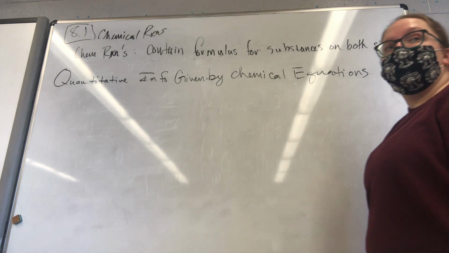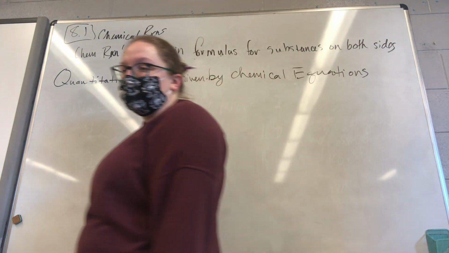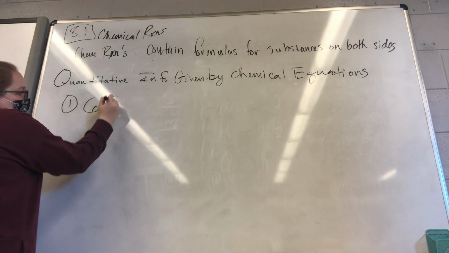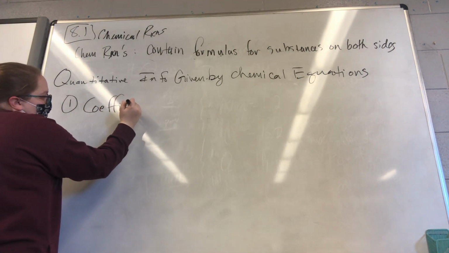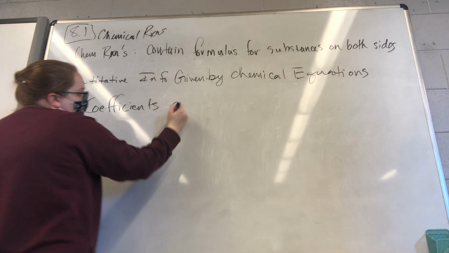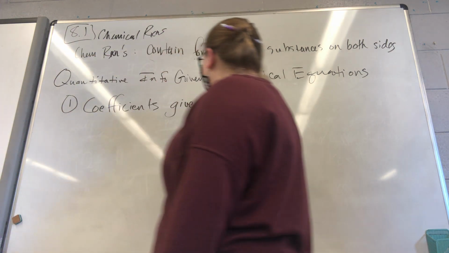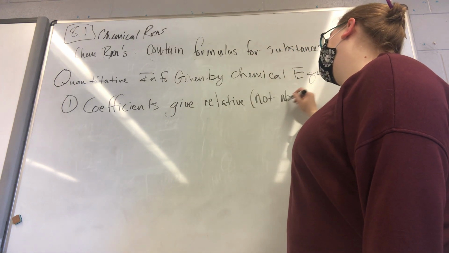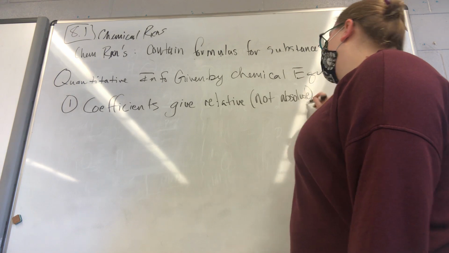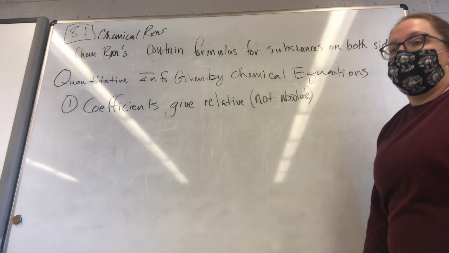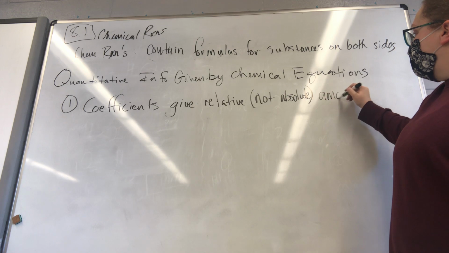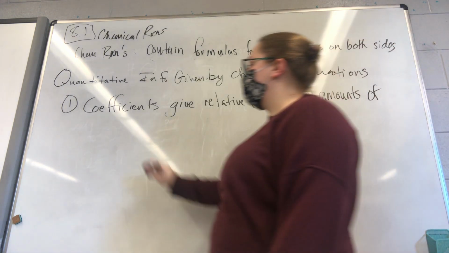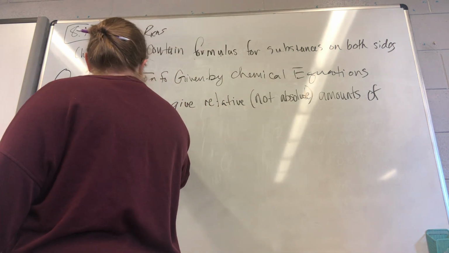what kind of information can we get from chemical equations that is quantitative in nature? Coefficients are very useful. They give relative, not absolute, info about amounts of reactions. Relative amounts of reactants and products. In other words,